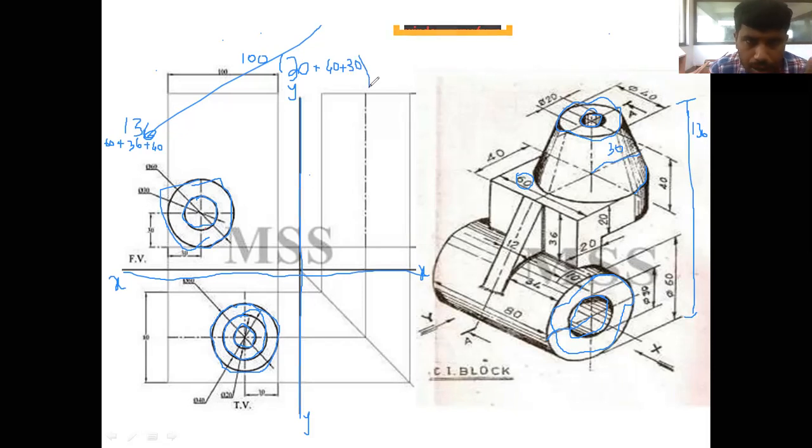So this will become 100. We have to draw this box, and first the outlines and guidelines and all these things. So next we'll see. You marked all the front view and the top views. These are very clear things.